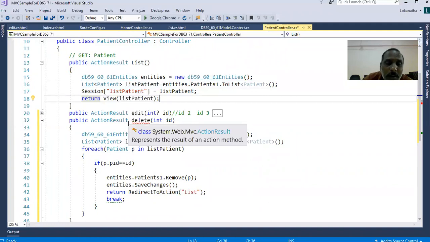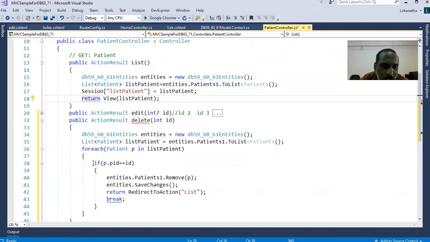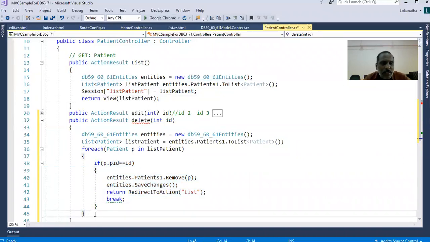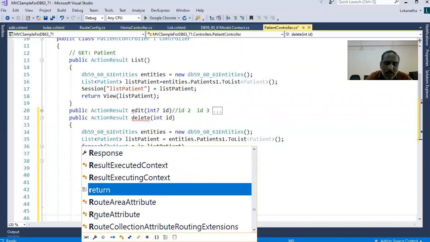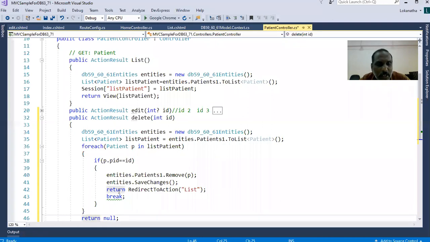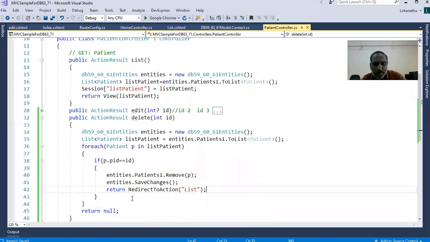So why is this code giving an error? The reason is simple. When the execution goes into the if condition, it can return some data. But if the execution does not go into the foreach loop, or into the if statement, what are you returning? That is the reason it is giving an error. So put a return null statement. When you put a return statement here, break is not necessary. You can just remove it. Now let me execute this code. If everything works fine, we must be able to see the delete in action. The delete code has to work.